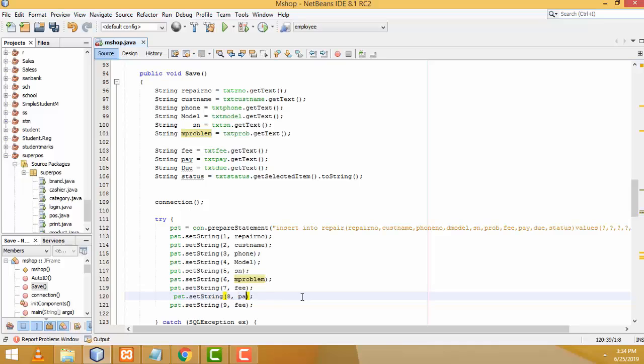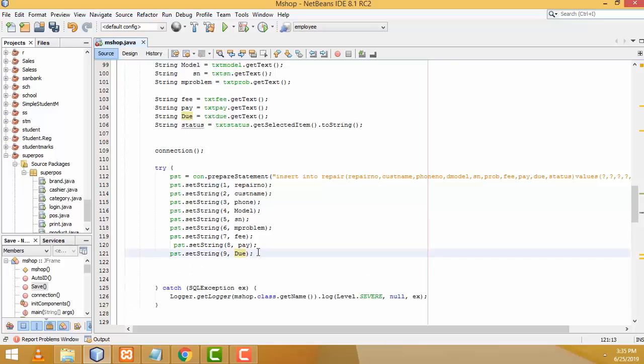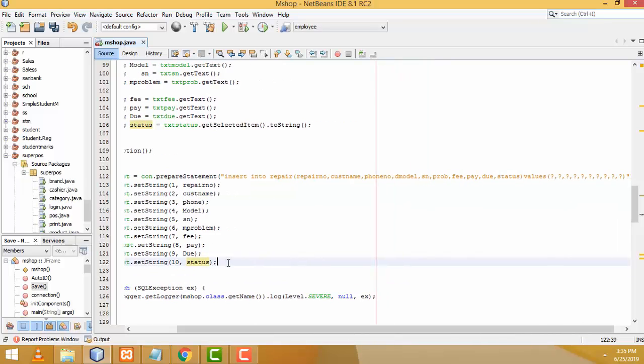This one should be pay. Eighth one should be fee. This one should be due. Final one, Control C to copy, Control V to paste here. This one should be 10th, status. Right, these are the fields. All this stuff goes to the relevant question marks and is set into the particular columns and adds the